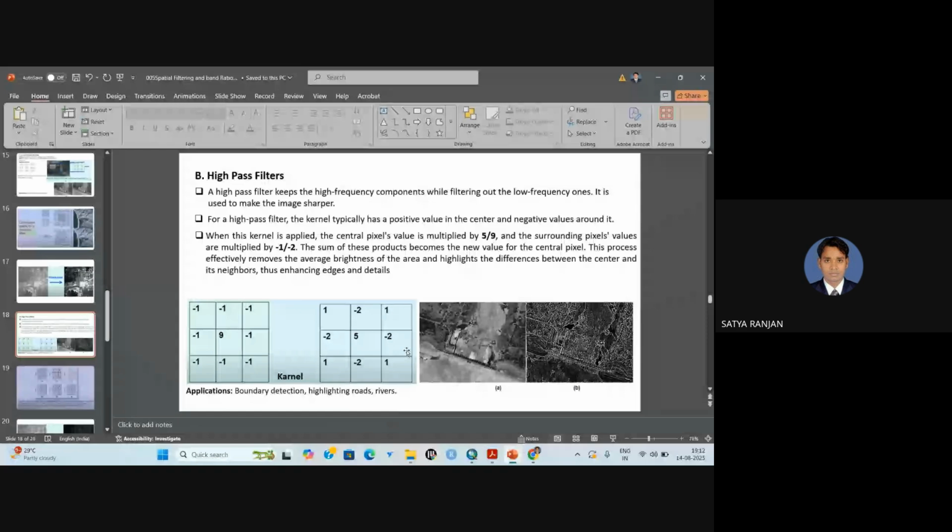So the final result is calculated this way: 84 into 1 plus 85 into 1, and so on. All these values are multiplied and then divided by 9. Since it is a 3 into 3 kernel, there are 9 pixels. After averaging all of this, the result is 73. So likewise,